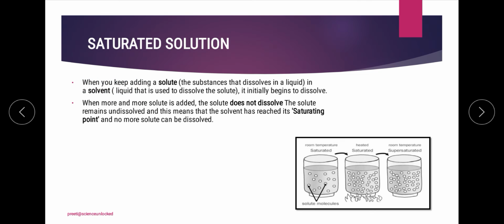Now what happens is, once we start mixing the two things, that is sugar and water, we will see that there is a point at which no more amount of solute, meaning no more amount of sugar, can be added to it. So that point is considered as the saturation point. Now if the saturation point has been reached, we can heat up the solution and we can add more amount of solute into it and turn it into a supersaturated solution, where we will be able to add a few more solute particles into it by simply heating it up.